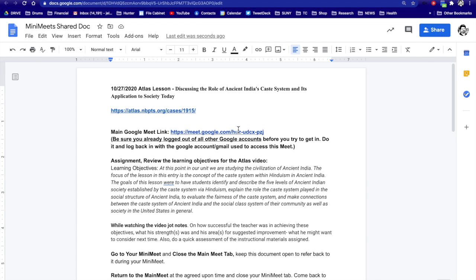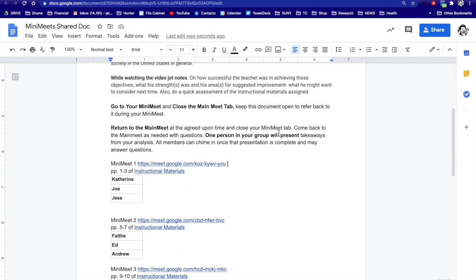However, Google Meet presents a unique opportunity that Zoom and the others don't, in that it's integrated into Chrome. So what you can do is open these meets in separate windows. A Google window is almost like a separate browser. It's not just a tab within the original Google window. And to do that, you simply right click,